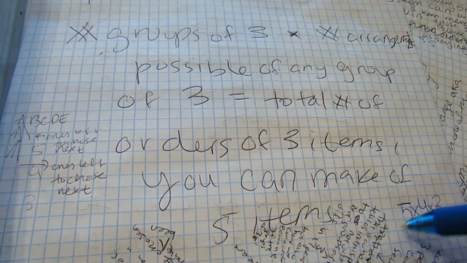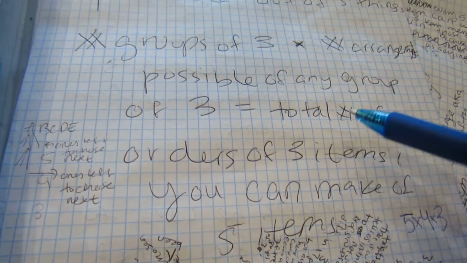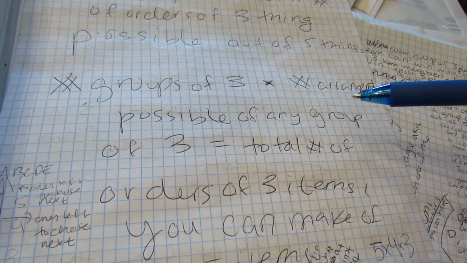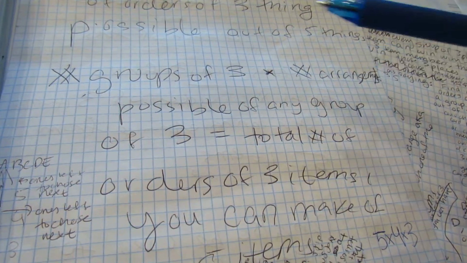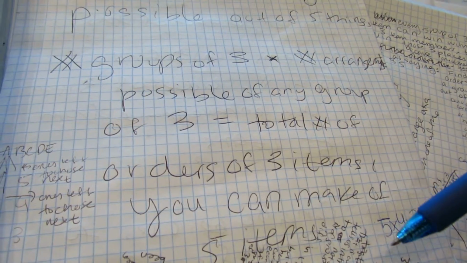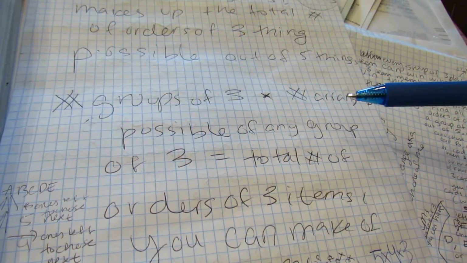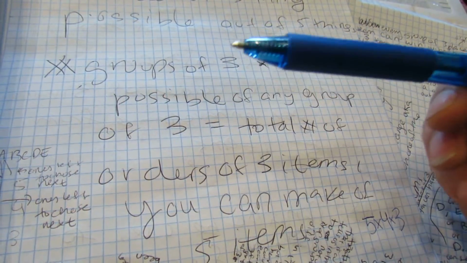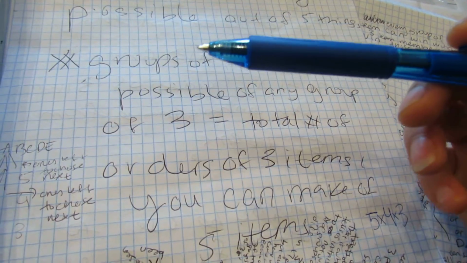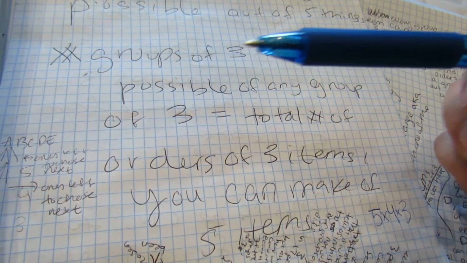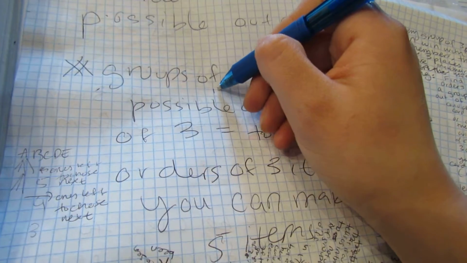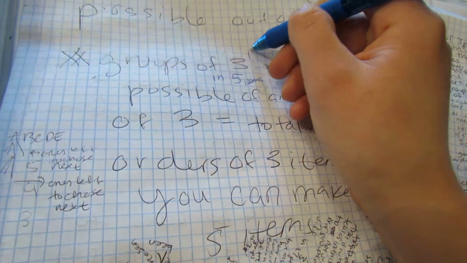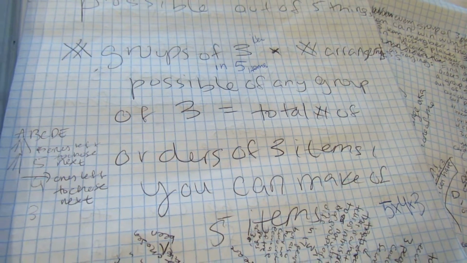And because we know this total intuitively has to equal the number of groups of 3 times the number of arrangements possible of any group of 3, we can then say, okay, well, we know the number of arrangements possible of any group of 3. That's just 3 factorial. 3 times 2 times 1. And then we can solve for how many groups of 3 there are in 5 items. Groups of 3 items in 5 items. So,